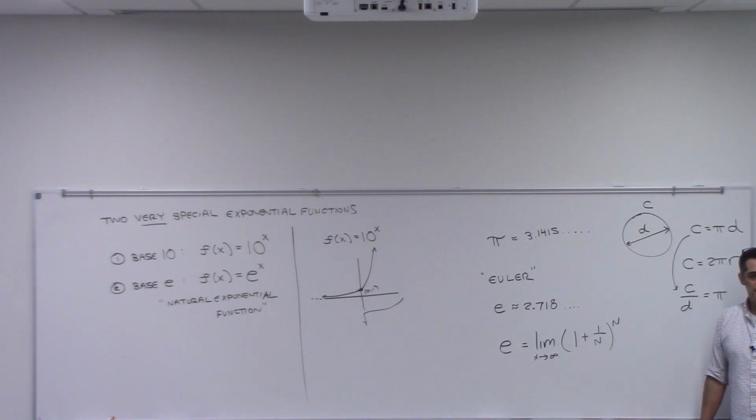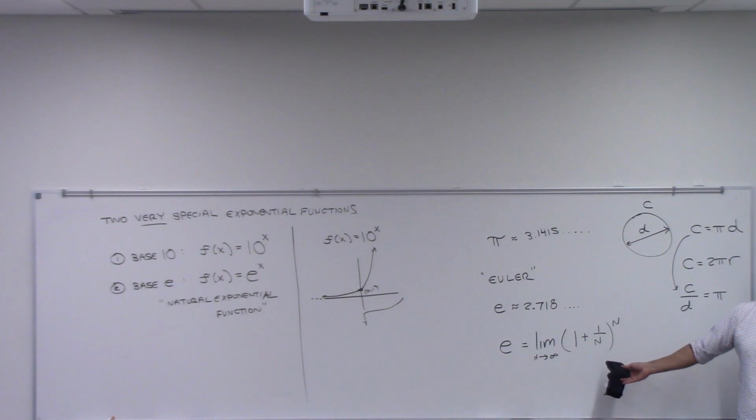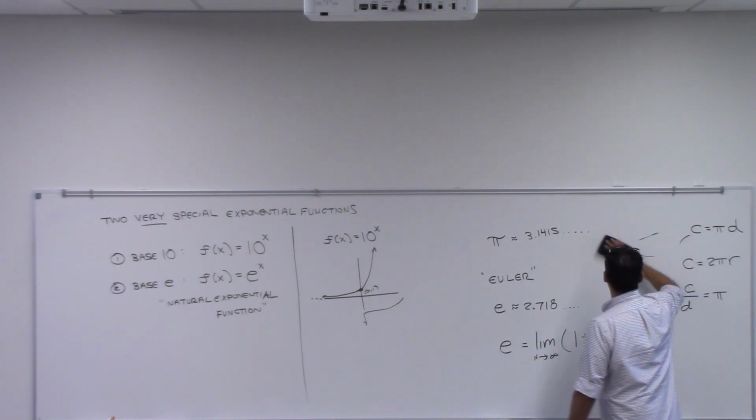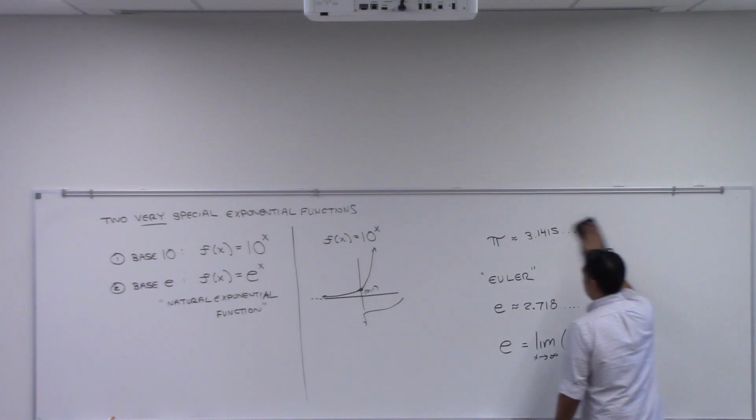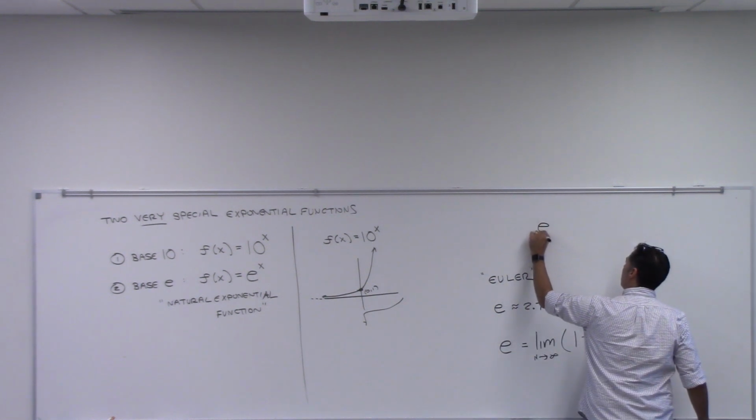That's what e is. It won't make a lot of sense to you, but that's what it is. All right? And then the other definition from Calc 2 is that e to the first power, or e, is 1